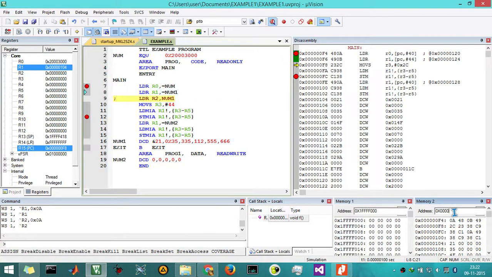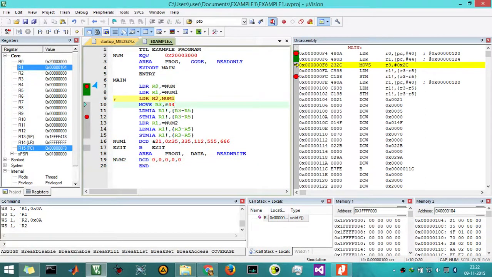In this memory window, at 104 we have the data 21, 35, 14F, and for 112 it is 70, 555, 02, 2B, and 666, it is 0298. Now we have the required data in the read-only memory from the program dump, and we haven't got anything in the data memory.